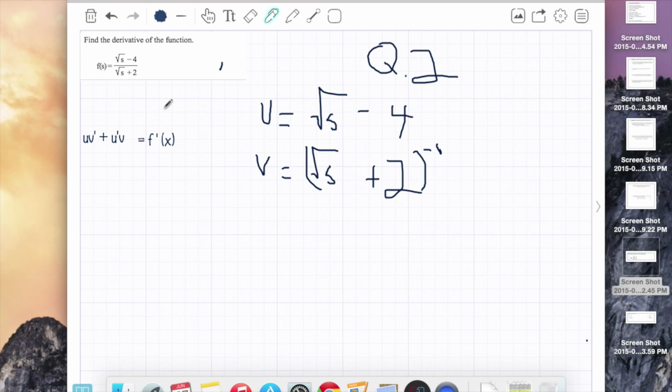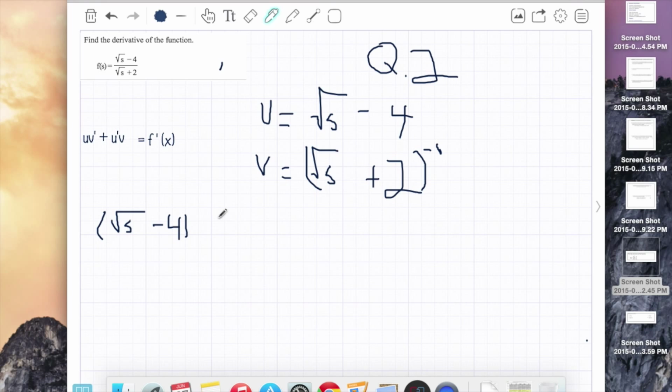Okay, so once we do that, we can attempt the product rule, where u v prime plus u prime v is equal to f prime of x, or the derivative of the function. Or in this case, the derivative of the function f of s, because we're using s as a variable. So firstly, we're going to put u, which is the square root of s minus 4, times the derivative